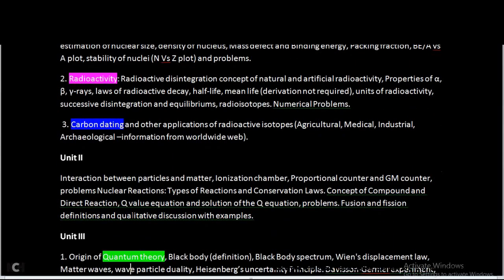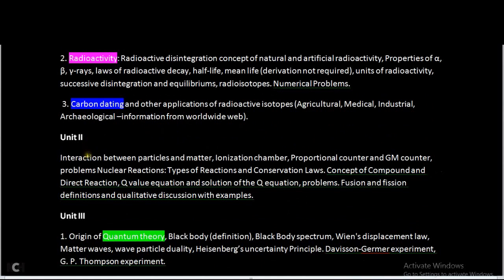Then again unit 2. What I am telling is, I guess, it sounds to be an easy one. If we have studied 12th physics properly, then it will not be a difficult one for you. Now in this unit 2, there are the ionization chamber, proportional counter, GM counter, Geiger-Muller counter, which you have studied also. Then these experiments and examples you have to study in this.